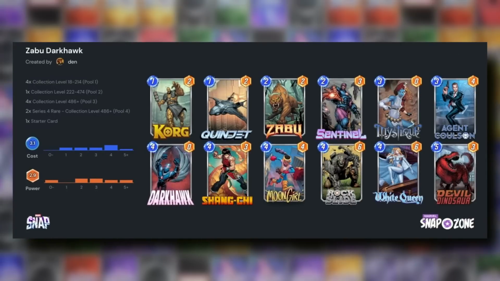While the Quinjet nerf dismantled Thanos Lockjaw, the Devil Dinosaur synergy didn't suffer from the nerf anywhere near as much, leaving this deck very similar to what it was before the patch. Unfortunately, as Shuri Zero also remained mostly unchanged, Darkhawk and Devil Dinosaur are often still losing the points battle against Red Skull and Taskmaster. This is a really solid deck all around, but not able to compete for the top